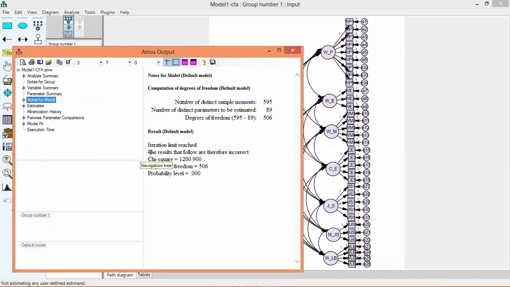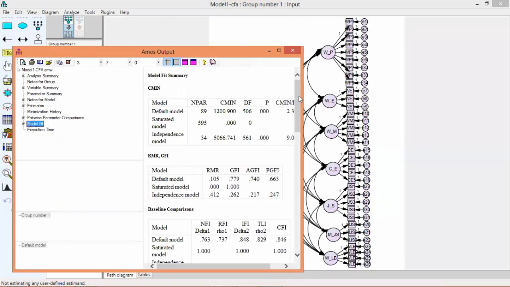Okay, so you can see that the message over here is that the results that follow are therefore incorrect. It means there is some issue in the data that exists. Perhaps there are one or more repeated variables, I guess. We need to rectify it. And in model fit analysis, we have to see